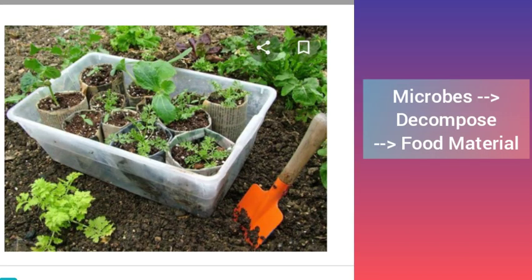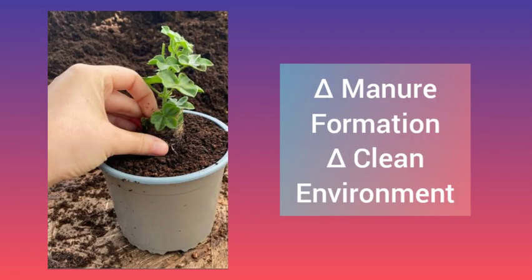Microbes which are present in soil, dung, etc., can decompose the garbage to obtain food material. As a result, garbage is soon converted into manure of the best quality and our surroundings are kept clean. As in the case of garbage, for proper sewage disposal too, these microbes are released into the sewage so as to help in the quick decomposition of the organic compounds. Means these microorganisms decompose the organic compound into simpler compounds.